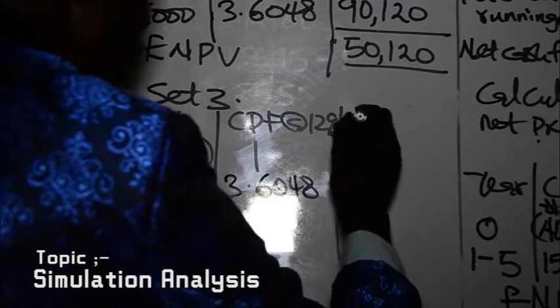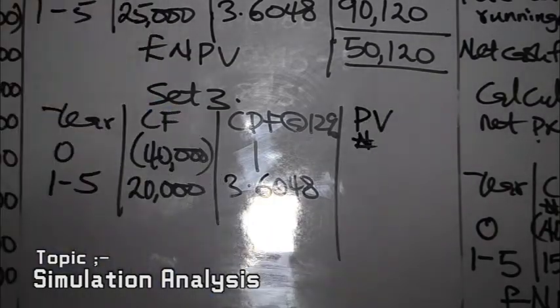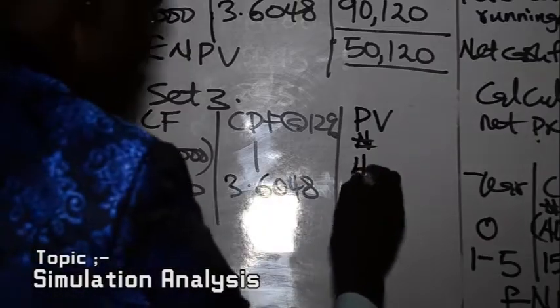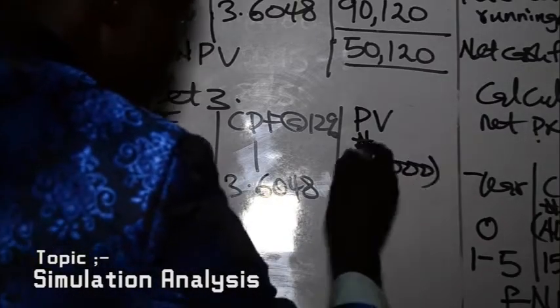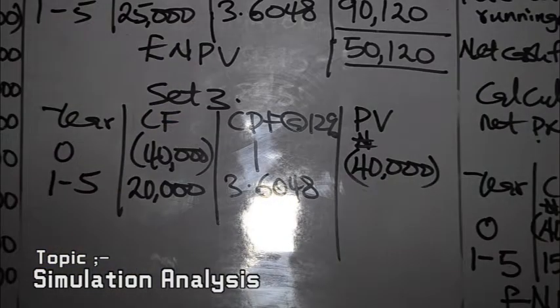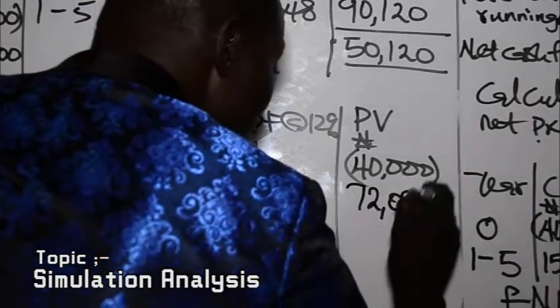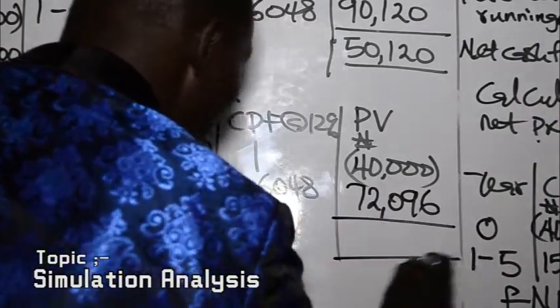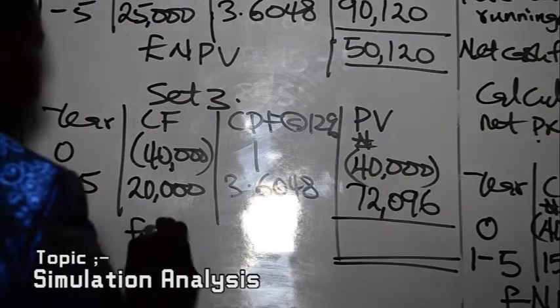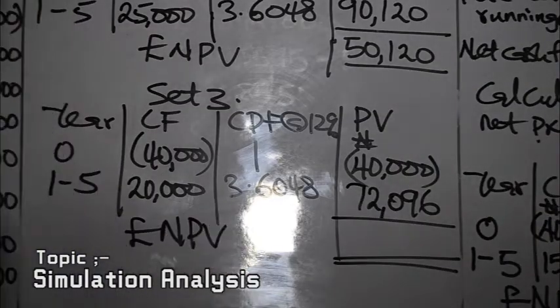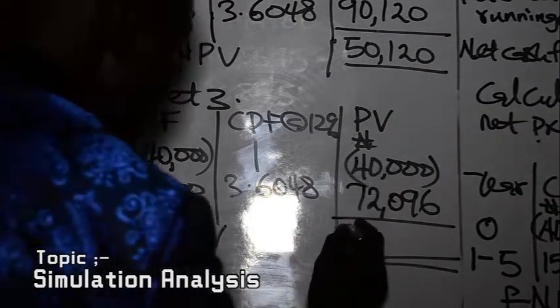So the present value: 40,000 times 1 is 40,000, and 20,000 times 3.6048 gives us 72,096. If you subtract 40,000 from that, the expected net present value is